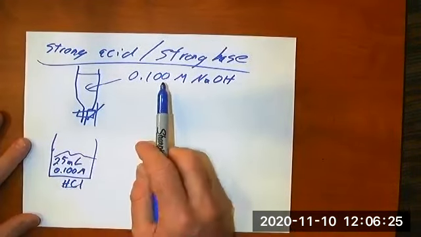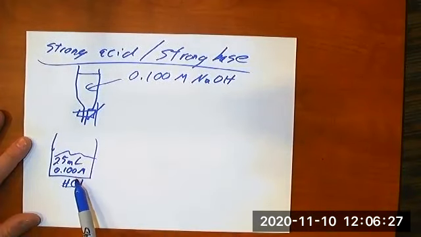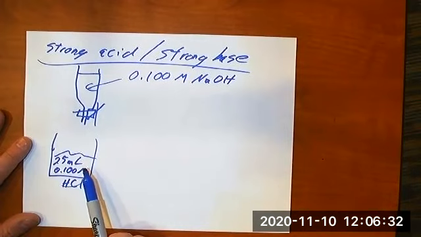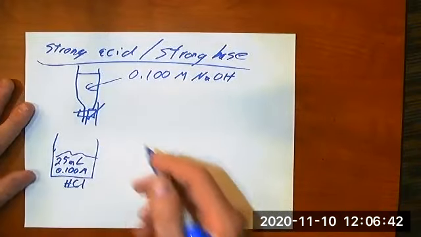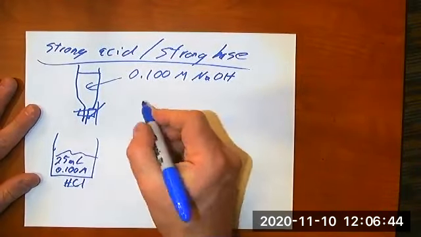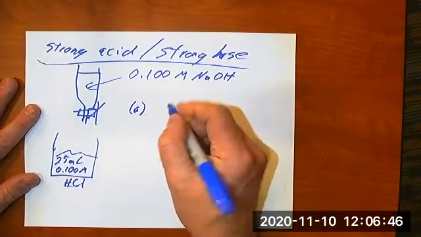Now, in this case, I have picked the two concentrations here to be identical to make the math easier. They do not have to be identical. You just have to take into account how they are different if you choose different values. So the cases we're going to look at are going to be